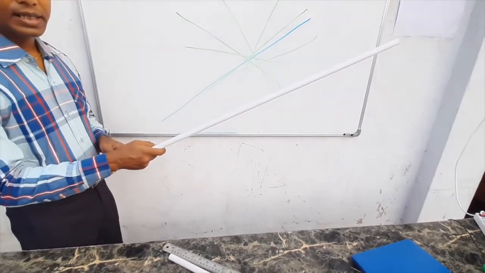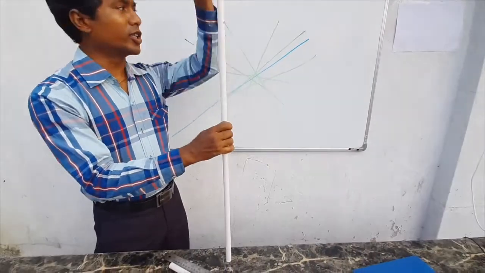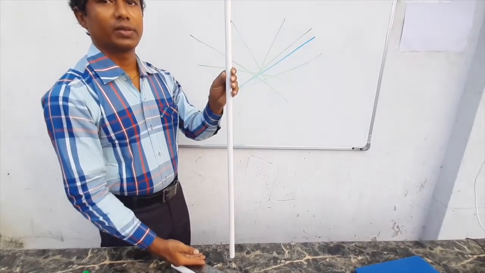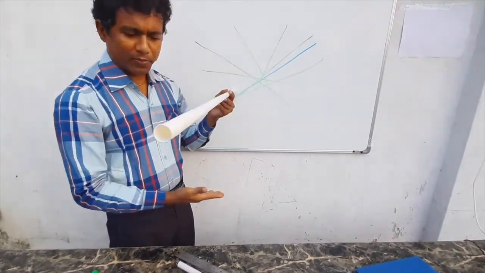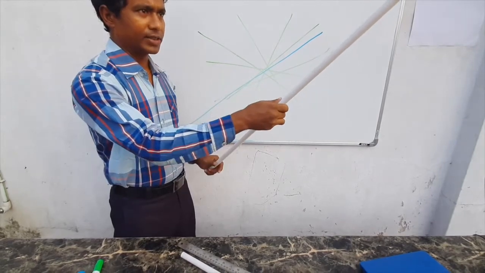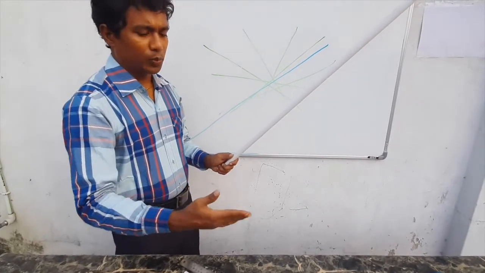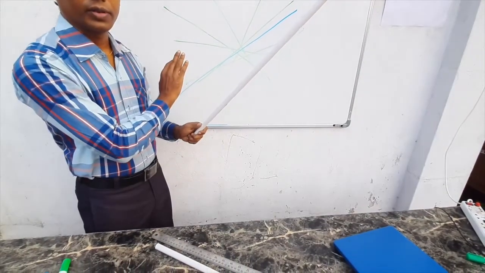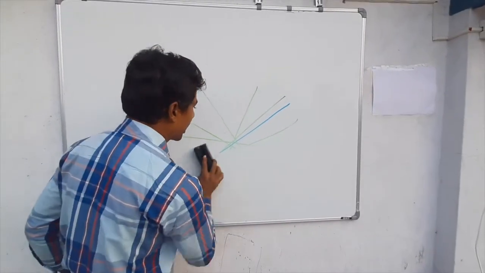Again, another combination is, say the line is placed like this. Now it is parallel to VP and perpendicular to HP. Now this is another combination. Now it is parallel to HP and perpendicular to VP. And this, you notice now the line is inclined to both the planes, HP as well as VP. Fine. So these all are the combinations of inclination of the line.